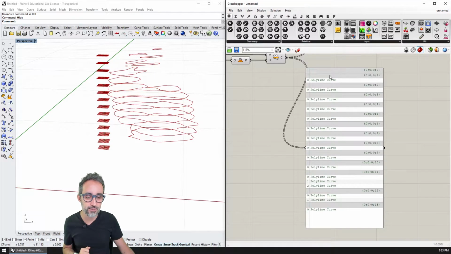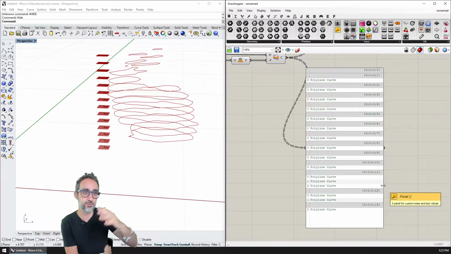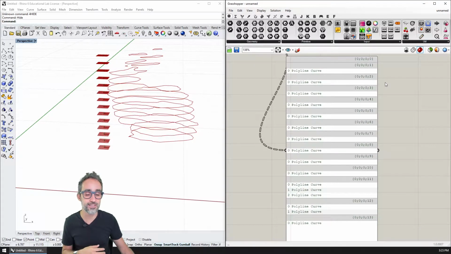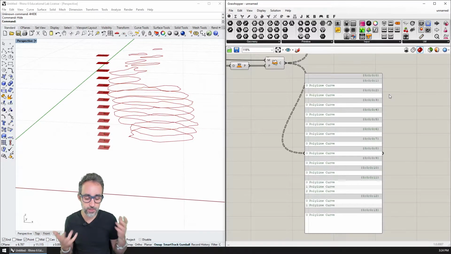So this kind of data tree is typically referred to as a sparse data tree. I think actually sparse refers more specifically to when a data tree has a lot of empty elements, but the idea that a data tree is not homogeneous, so not all the branches have the same elements, can be referred to as a sparse data tree as well. So that will be super interesting. Now, what is the next thing we need to do?